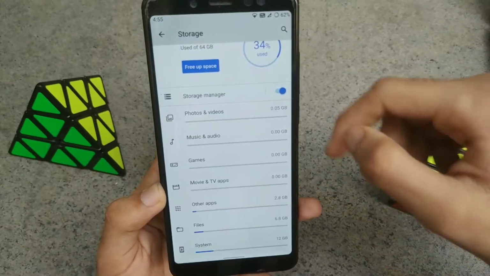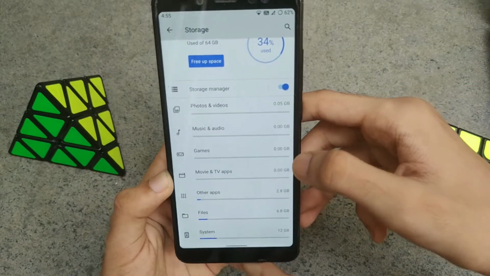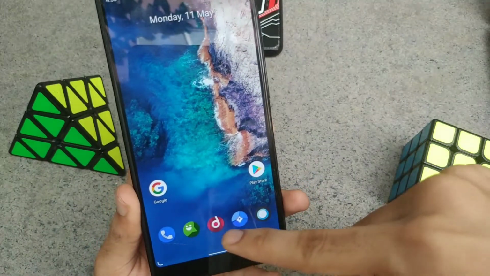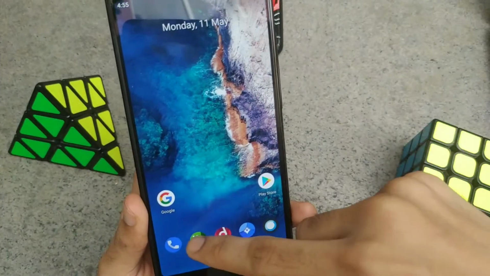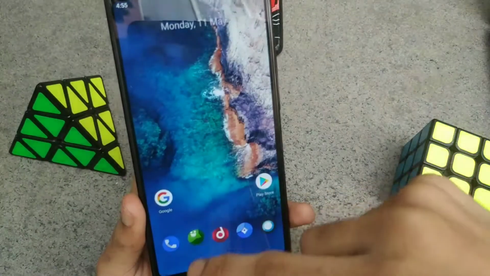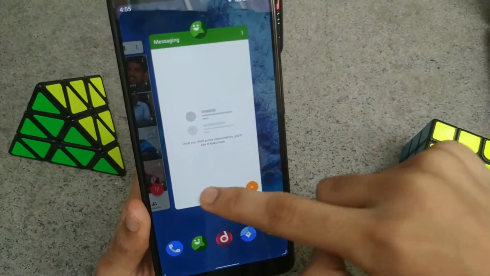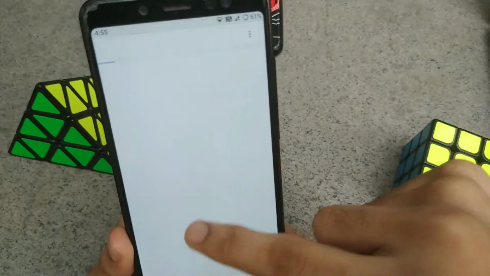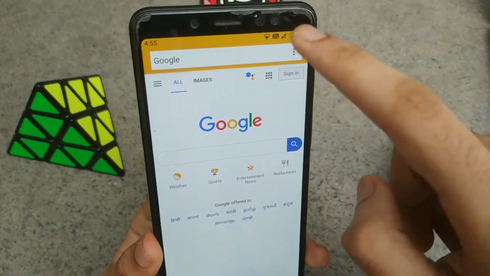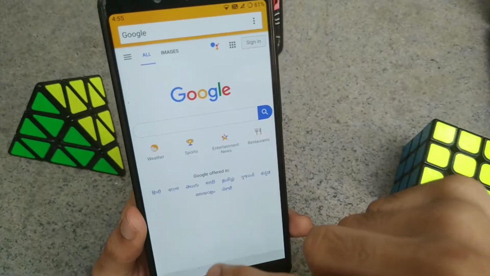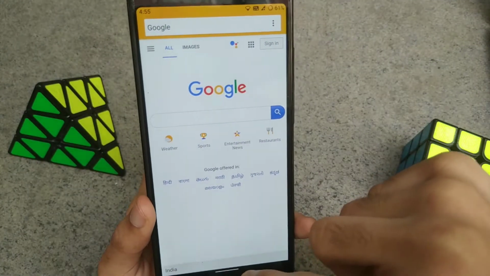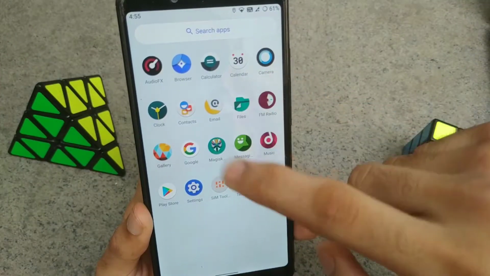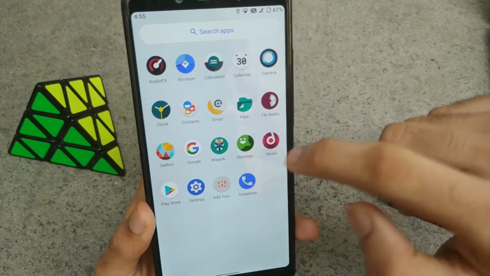This ROM is very clean, but I feel a few apps are bloatware. As I said, all these Lineage OS based apps, I feel are bloatware because most of them are outdated and many people don't use them. As you can see, this browser is like an outdated form of Google Chrome, I feel. So as this is outdated, many people don't use it. As you can see, most of these apps are from Lineage OS.